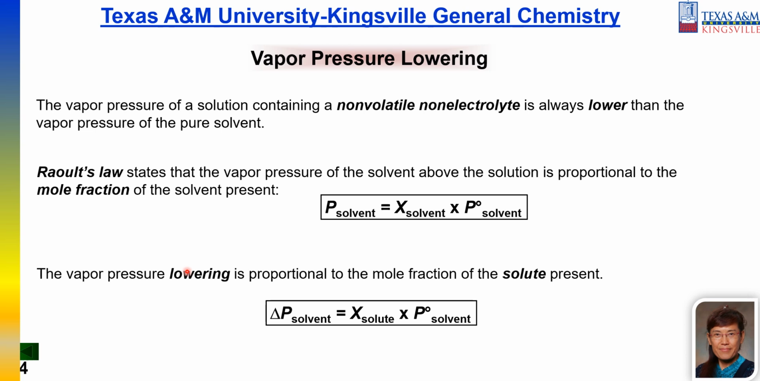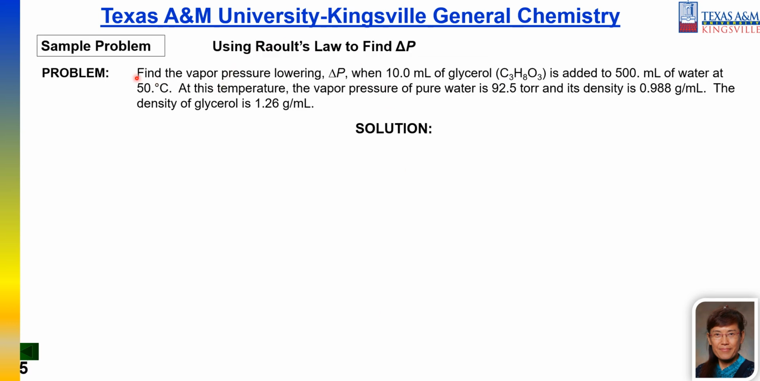The vapor pressure lowering, delta P, is proportional to the mole fraction of your solute present. Be careful, this mole fraction is for your solute. When you calculate the vapor pressure of your solvent, you need the mole fraction of your solvent. The vapor pressure lowering, delta P, is proportional to the mole fraction of the solute. So for example, we have a solution composed of 10 milliliters of glycerol,